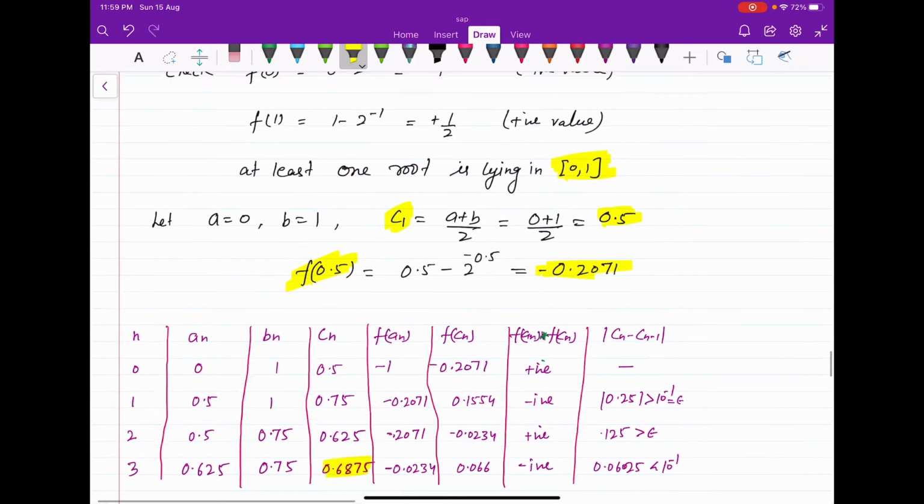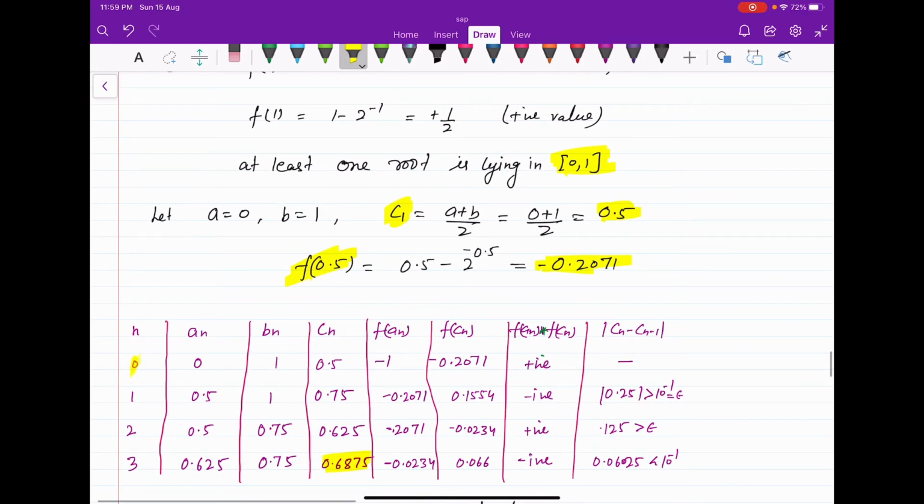First of all, we start with the first iteration, n equal to 0. Whatever is given will be saved for n equal to 0, that means a0 and b0. So at the initial level, the interval given is 0 and 1. And then we compute the midpoint, that is 0.5. And then compute the function values f of a and f of cn. If f of a and f of cn are of the same sign, that means the root is lying inside the interval cn, bn. Since f of a and f of c both are negative, the multiplication is positive, so the root is lying between c and b.